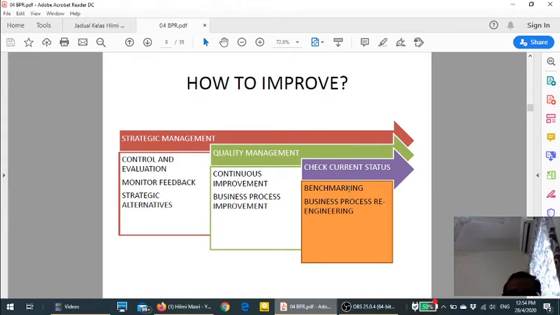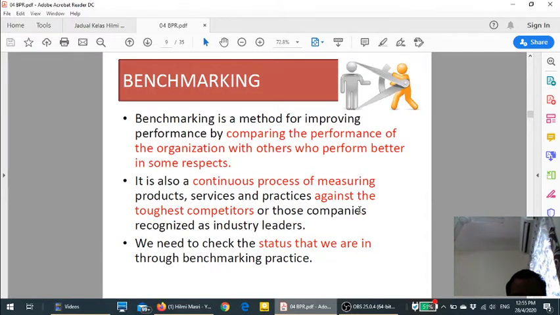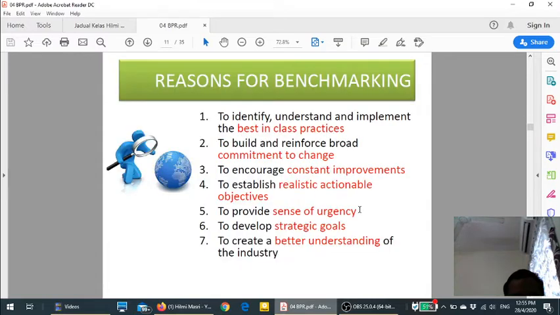For checking the current status, you need to look at the benchmarking process. Usually in our profession, for benchmarking we set out a key performance indicator, KPI, in the early years, and then at the end of the year we look whether we have achieved this KPI or not. Even the organization must have KPIs. All the individual staff must also have KPIs. Okay. So benchmarking, like we have gone through this.